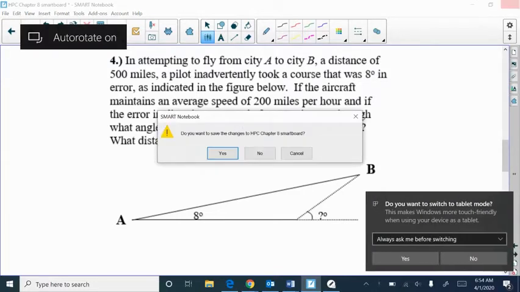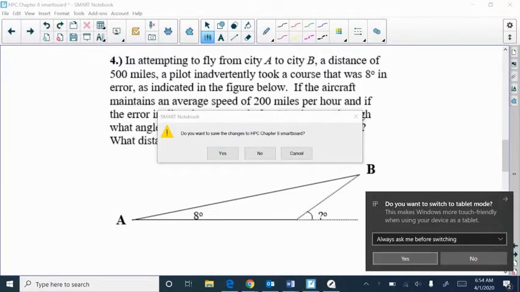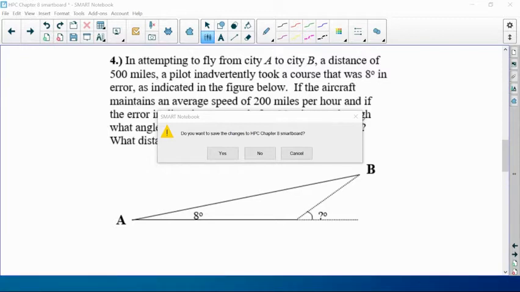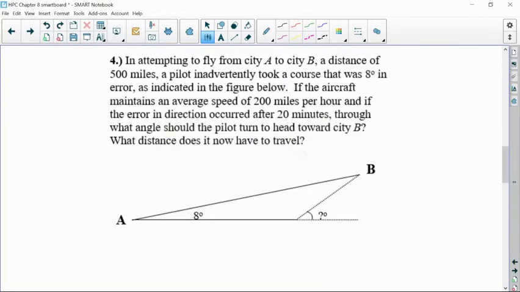Okay, so a couple more examples here. We're going to take a look at using law of sines, law of cosines, and again, incorporating bearing problems, because I think those are great applications, but again, equally challenging. Okay, so in this particular example, it says, you're trying to get from city A to city